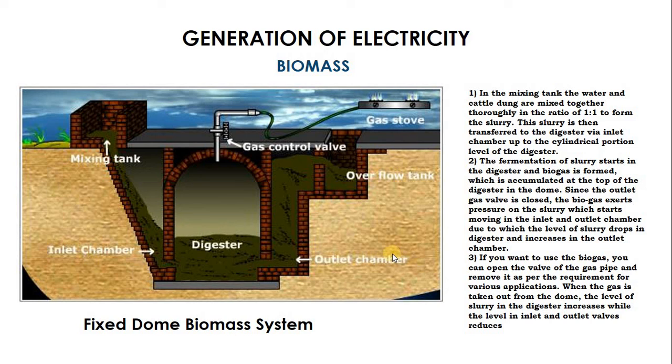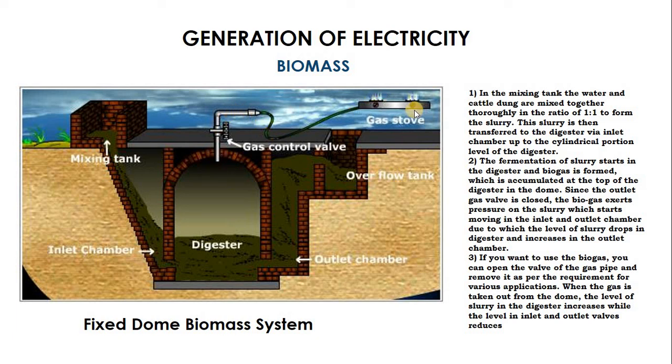So that's why we have the outlet chamber. So it pushes down, and then the mixture cannot come here. And if the pressure keeps building and the gas is not let out, it keeps pushing the mixture here until it comes into the overflow tank. And this here is for you to observe to know that the pressure here is too much. Once you see the mixture coming out here, it means that so much gas is accumulated here and some needs to be released. So in this case, the gas that is accumulated here is now channeled through this piping system,